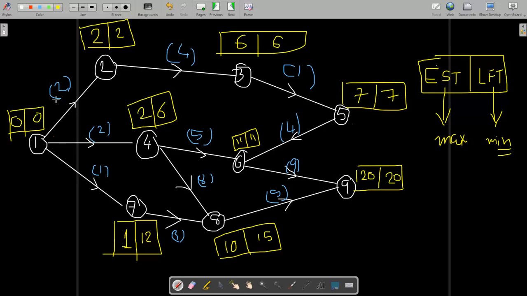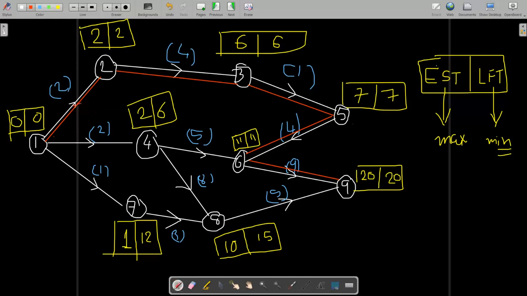Okay, this is how all the network diagram can be drawn. The question was the critical path. So take the difference between the latest finish time and starting time at points 1, 2 and 3. Whichever point has a difference of 0, that is your critical path. So here 1 to 2, 2 to 3, 3 to 5, 5 to 6, and 6 to 9. This is your critical path.